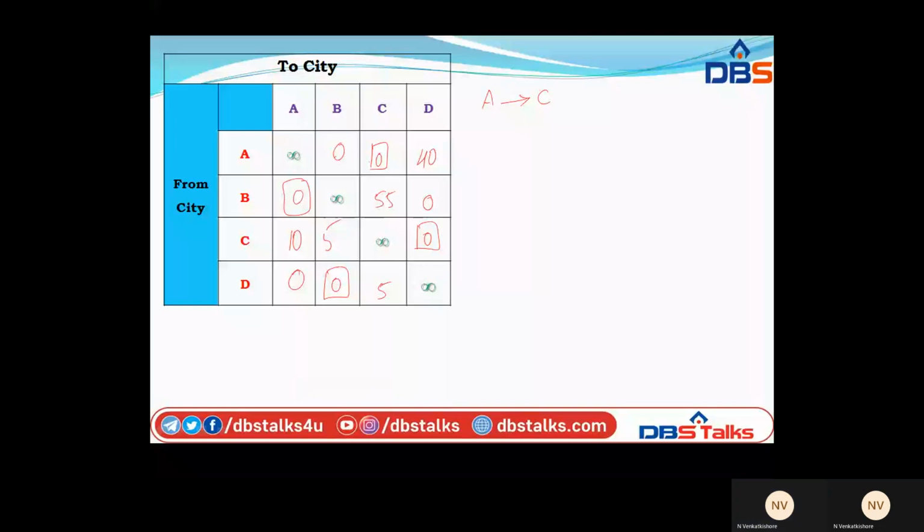D. From D to B. And B to A. So if you observe clearly, A to C, C to D, D to B, and B to A. So if you form a line like this, A to C, C to D, D to B, and B to A.